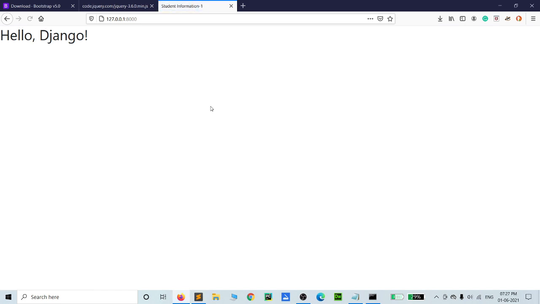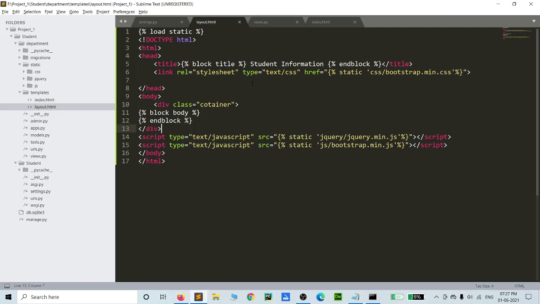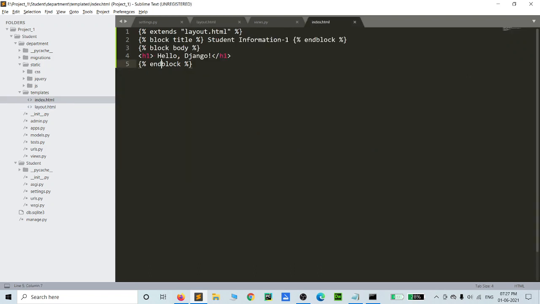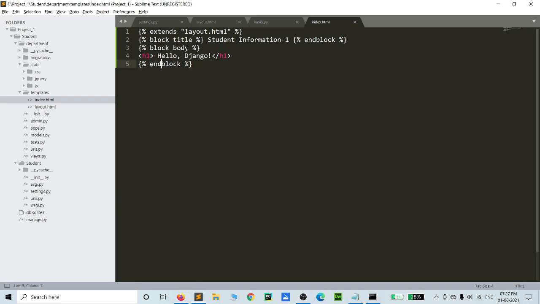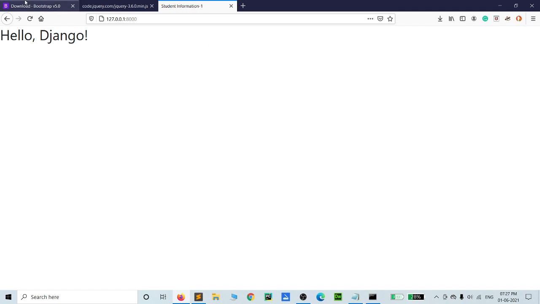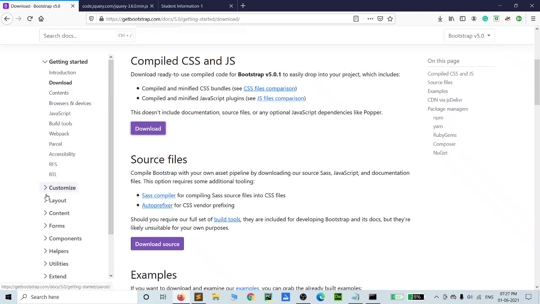See that, here in index.html the title message is displayed, student information one. If you want to boost up some basic customized things, we can go to components. This is first, we go to the layout. Click it.